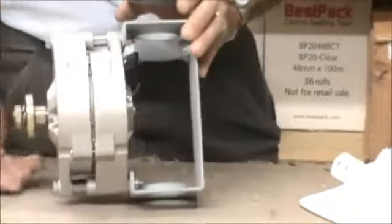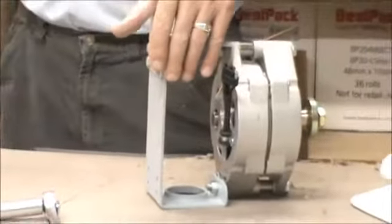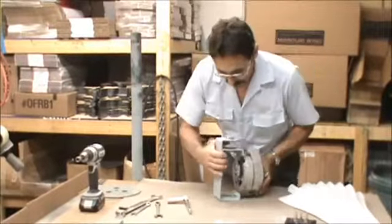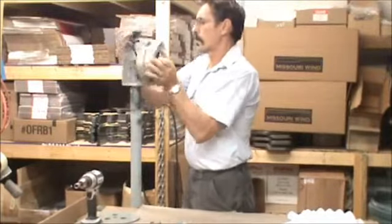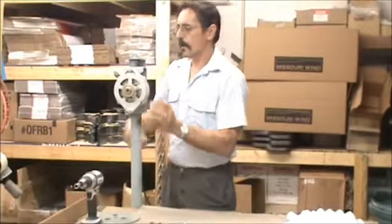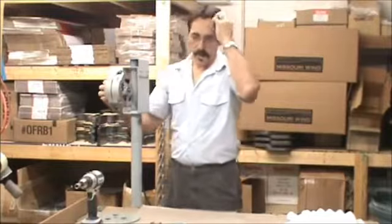Okay, we've got the motor on. That's ready to go. And what I made is a stand. It works really good. Just put a pipe in a vise or something, and it works really nice. But I start out that way. Okay, there we go. Now we're ready to put the tail arms on, and I'm going to show you how